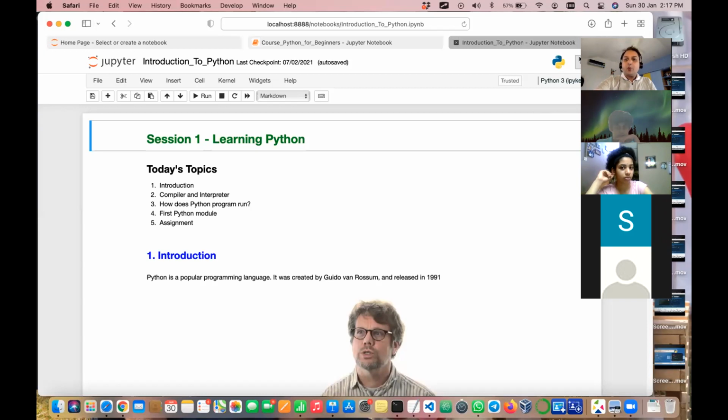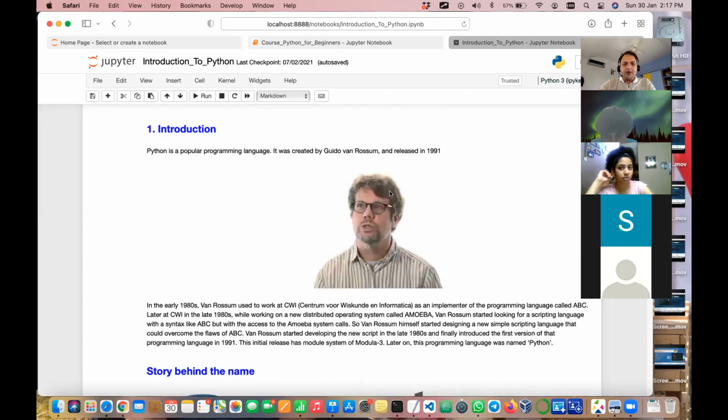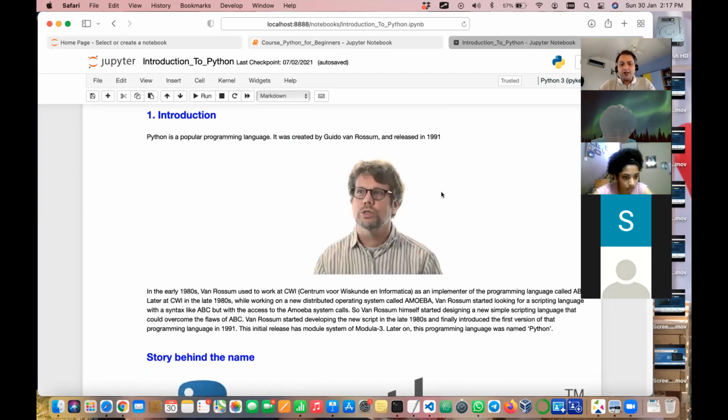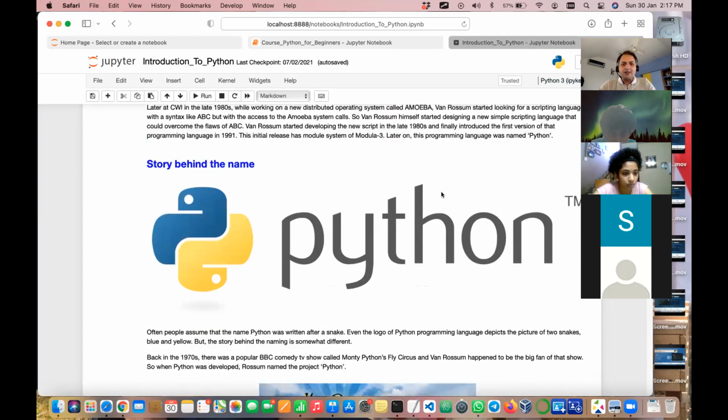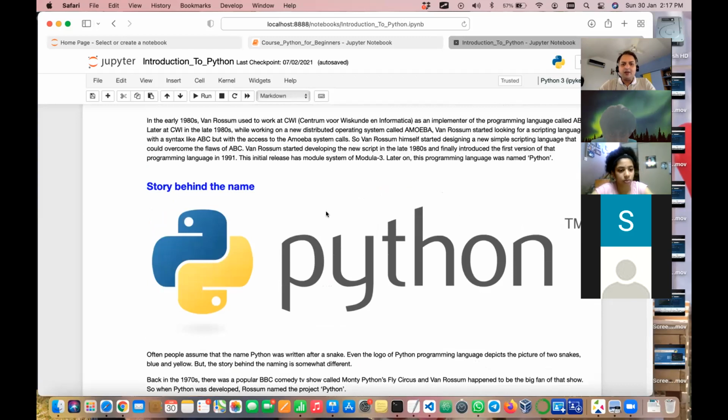So Python is one of the programming languages which we have. A little bit of background about Python. He is the creator of Python, his name is Guido van Rossum. He created Python about 30 years back, and he named this programming language Python not after the snake. Python is also the name of a snake, but he has named it